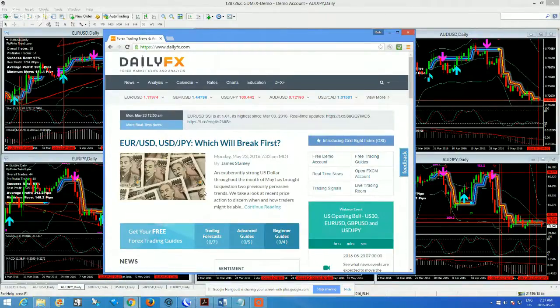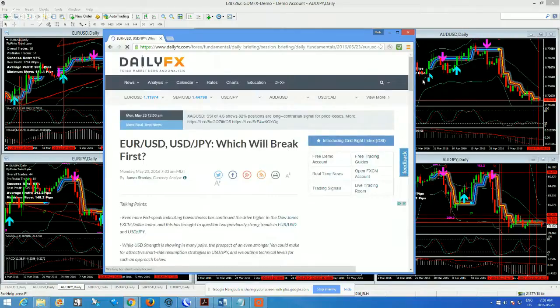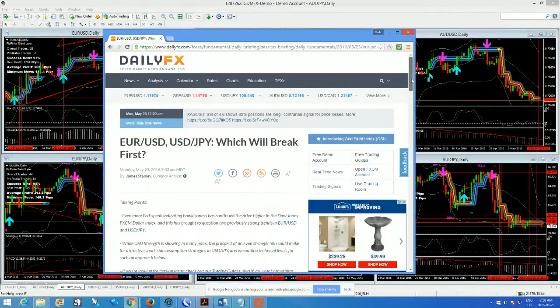That's what they're saying. So this is showing general news that's happening right now, Monday, May 23rd. It says here that a strong US dollar throughout the month of May has brought to question two previously pervasive trends. Take a look at recent price action to discern when and how traders might be able to continue trading. So, Euro US dollar, there is thought that